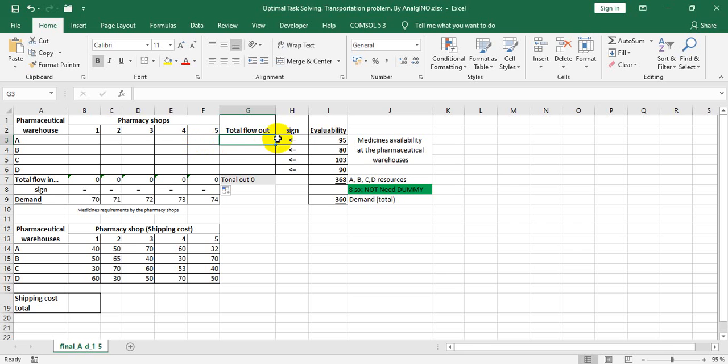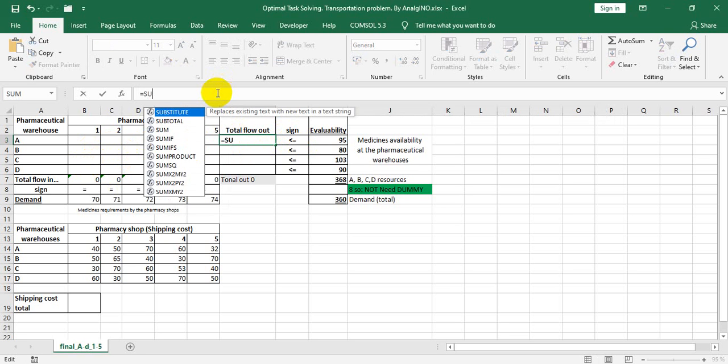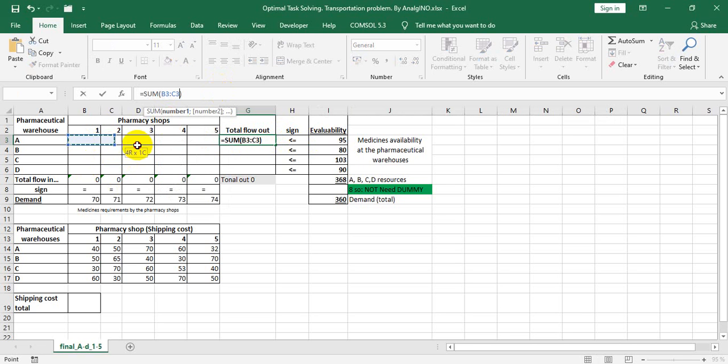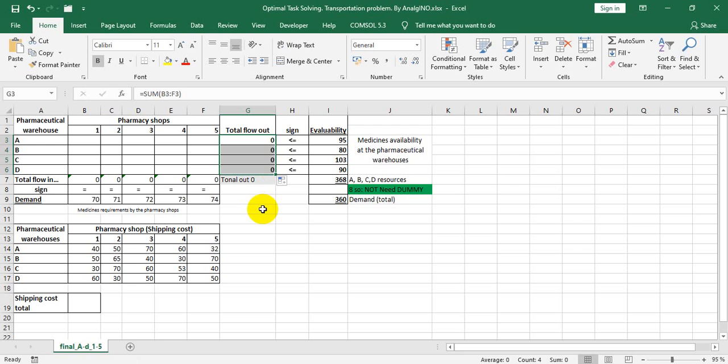Let's calculate availability for each appropriate storage. Pick up the appropriate range, appropriate column, click enter to apply, and propagate it down like this. Next move,